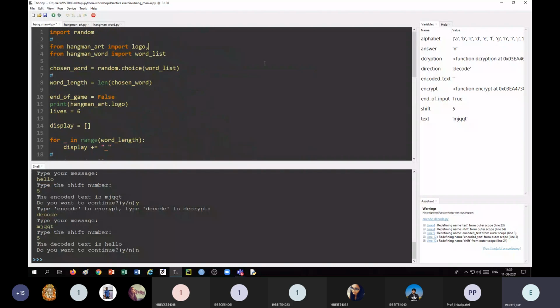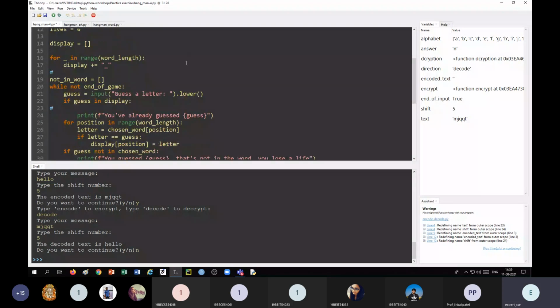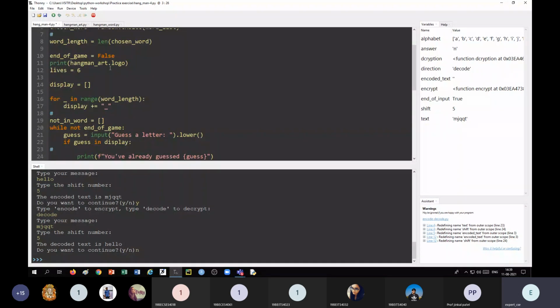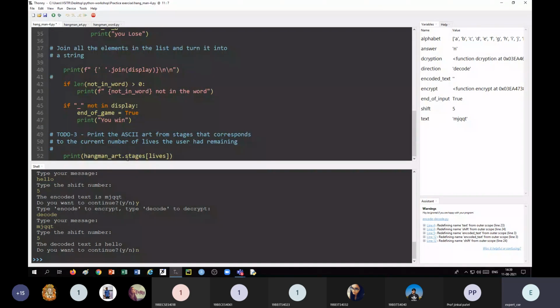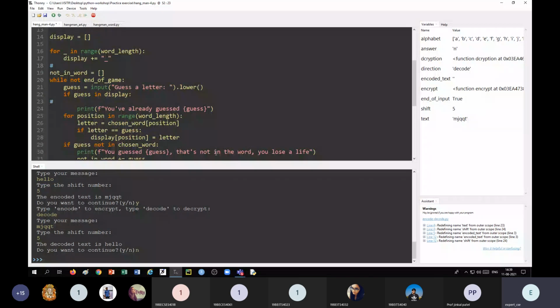If there are more than one variables and functions, and you don't know which is a function and which is a variable, it is better to use star, meaning all the variables and functions get imported. If you write from hangman_art import star, then there is no need to write the qualifier. Here we can directly write logo, and similarly stages. If you still write it, it won't give an error. Just for the experiment, let us keep it as it is.